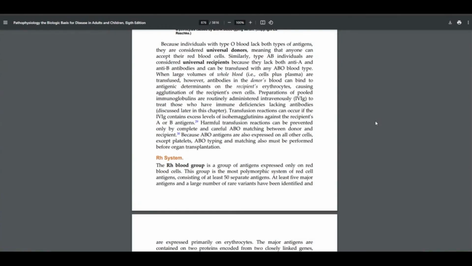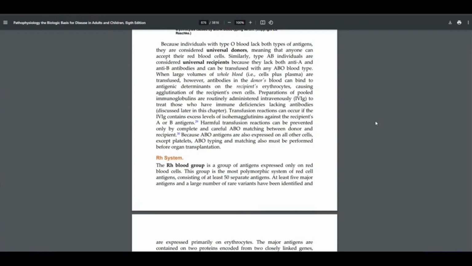When large volumes of whole blood are transfused, however, antibodies in the donor's blood can bind to antigenic determinants on the recipient's erythrocytes, causing agglutination of the recipient's own cells. Preparations of pooled immunoglobulins are routinely administered